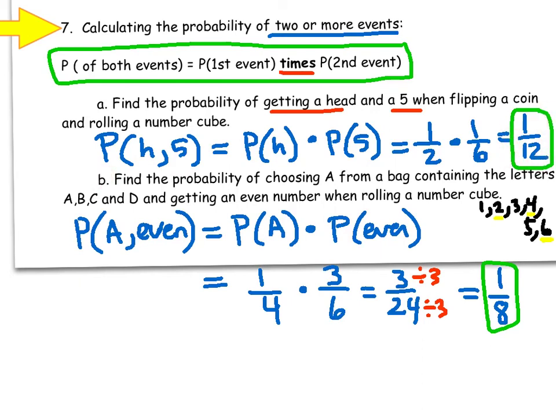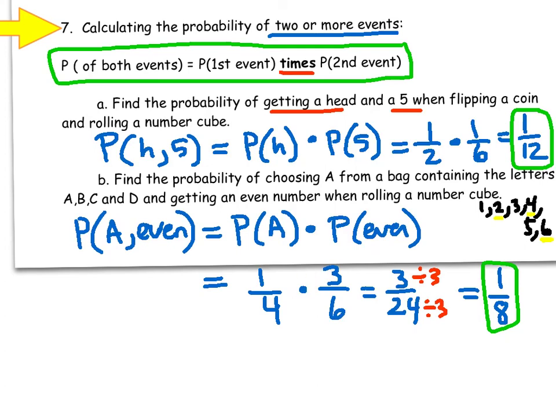Now look at B. Find the probability of choosing the letter A from a bag containing the letters A, B, C, and D and getting an even number when rolling a number cube. So I wrote a capital P for the probability of getting the A and an even number. So I first have to figure out the probability of picking an A. Well, A is 1 letter out of the 4 letters I could have drawn from,